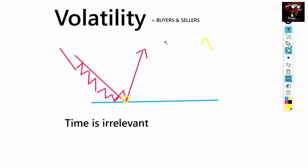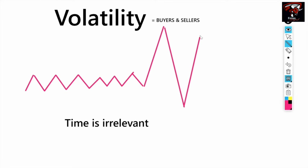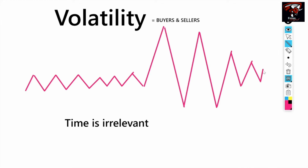So let me explain what I mean by this. You'll find that the market was moving like this. When the market moves in this kind of manner, we call it low volatility, right? However, when the market gets enough strength and starts shooting up like so, we call this high volatility. Such movement is caused by the market, meaning that there will come a time when you enter a trade here, and the market will become too volatile,